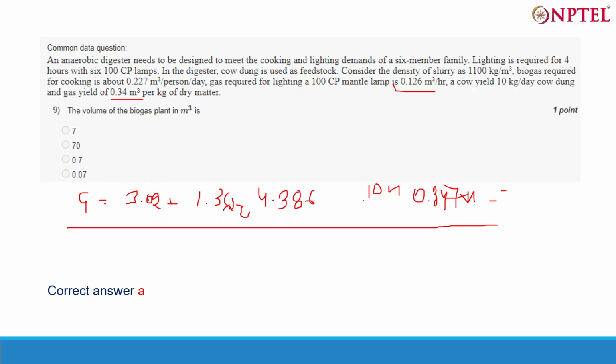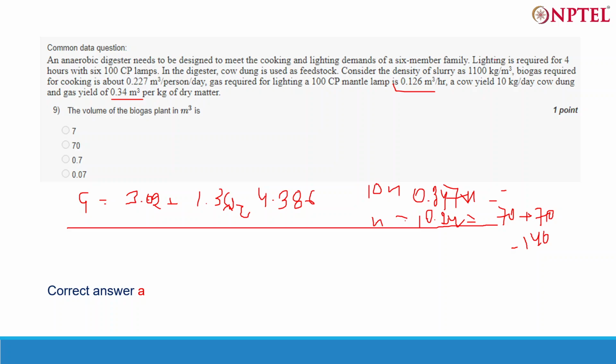Okay. So after equating the amount of biogas required with the amount of biogas that is produced, you will get n, that is the number of cows. That comes out to be around 10.24, so you can assume it to be 11 or 10, whatever you want. So the daily feeding is 70, and then you put a similar amount of water into that to make it a slurry. So 140 is the amount of slurry that will be produced,